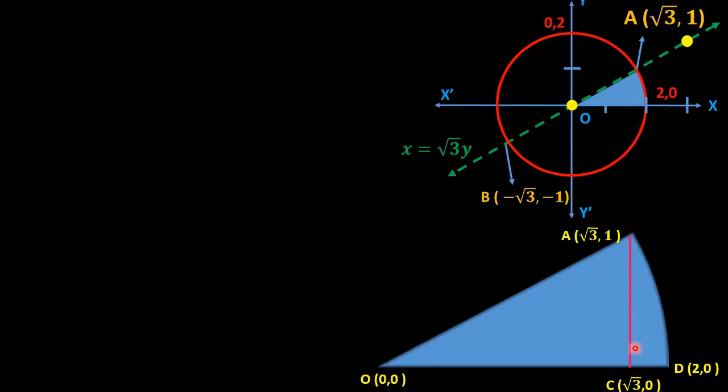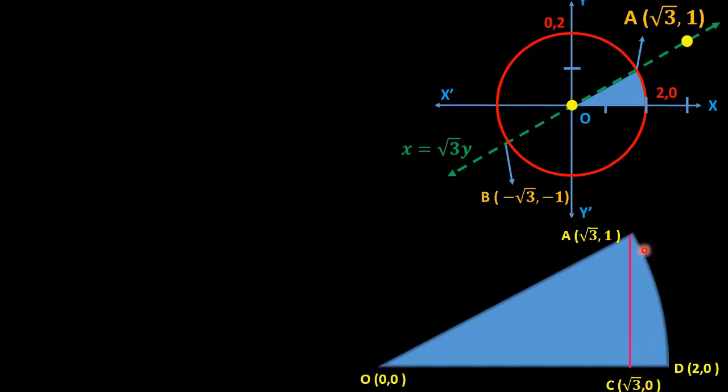This is the coordinate on the x-axis, root 3, and it is on the x-axis, so the y coordinate will be 0, so this point will be root 3 comma 0,